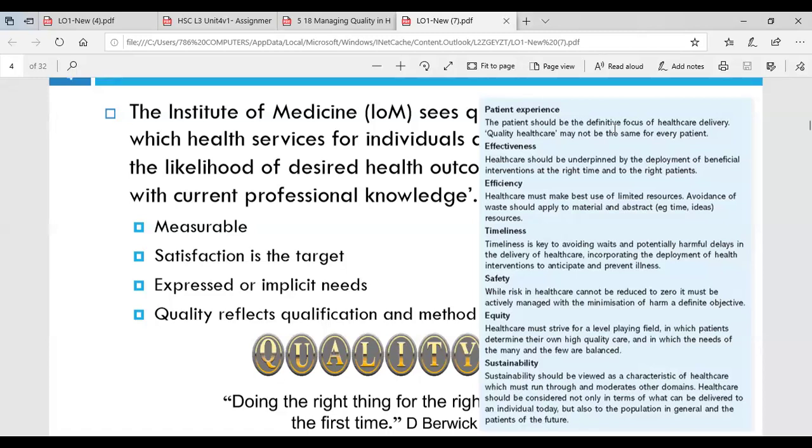Timeliness is very important. Again, if that proper healthcare provision is not there at the time when it's required, it's of no use. Then it should be safe. As in the video you saw, there should be zero tolerance to an unsafe environment. Equity is very important. So we talk about two terms here. Sometimes we use equality and sometimes we use equity. So equity is that